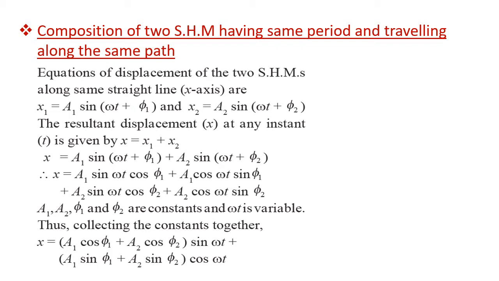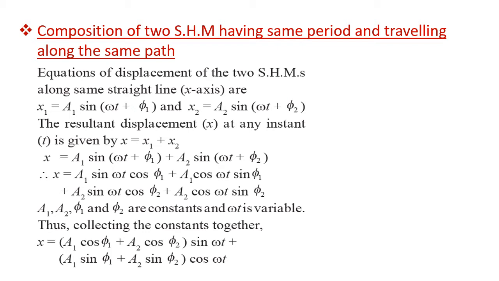Now in today's video we are going to discuss the composition of SHM having same period and travelling along the same path. To discuss this, let us consider a particle which is subjected simultaneously to two simple harmonic motions having the same period and travelling along the same path in the positive x direction. Even though the travelling direction remains the same, remember that the motions must have different amplitudes